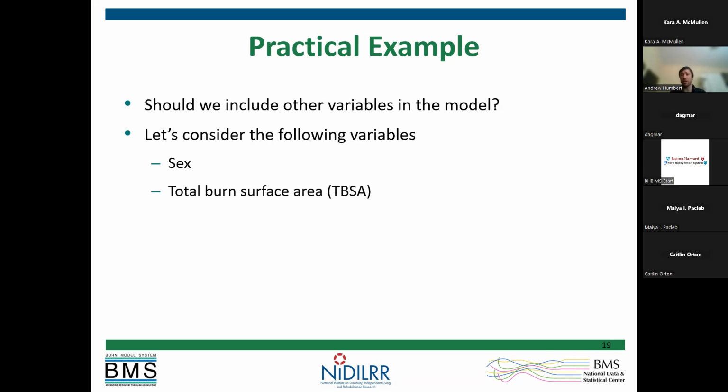And then we're now going to focus on two additional variables that either should or should not be included in our model. Again, this is the part we're hoping to talk through: should these be included based on what we think? Are they confounders? Are they not confounders? The variables we're going to be considering are biological sex and the total burn surface area, TBSA. So we're going to walk through and discuss, if our question of interest is, does race and ethnicity have a relationship with body image, should we be including these two variables in our model, or should we not?